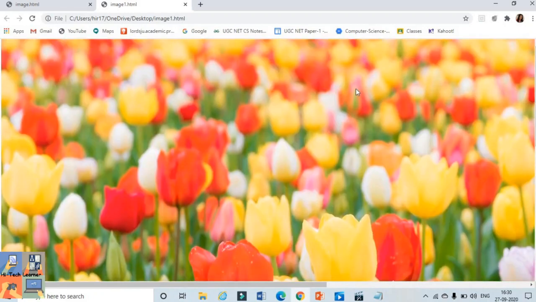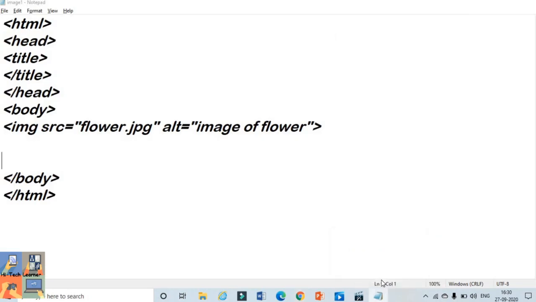Now we will see two more attributes that we can use with this particular img tag, that is the height and width of the image. To adjust the size of the image, we have to use the attributes called height and width. So we will set the height and width of the image, like height for example 200 pixels and width of the image same as 200.